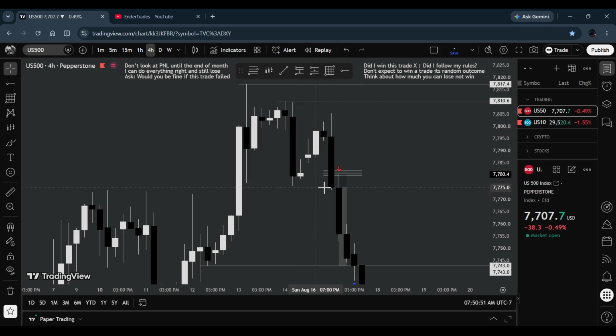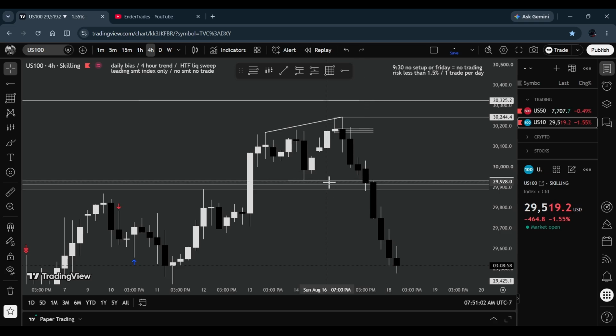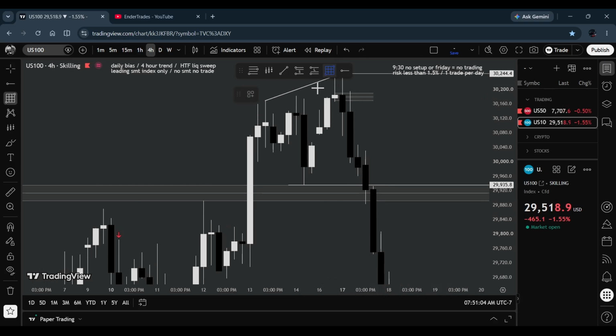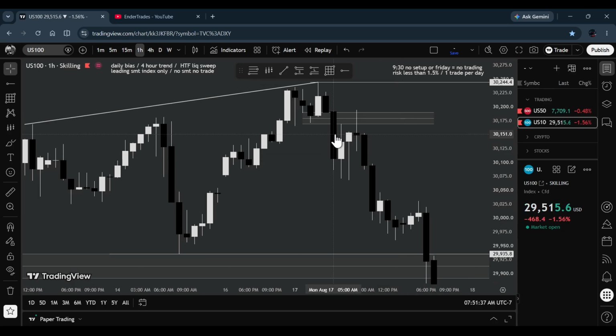At around market open, we closed below this forward low, which means we broke structure to the downside on the forward. The same for ES. We had this fair value gap, and we disrespected it. I don't know if this is also a gap. Price obviously went right into it at market open, but I think that we inversed the gap on this one right here. On the 1 hour, we're also bearish.